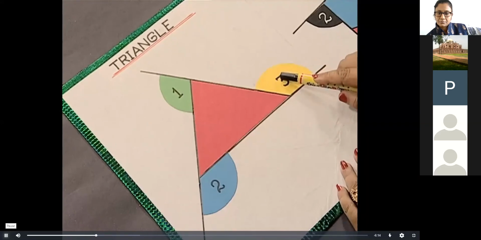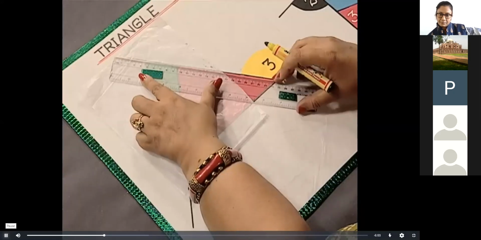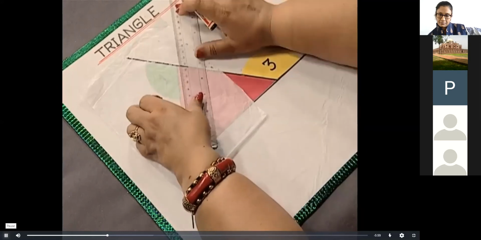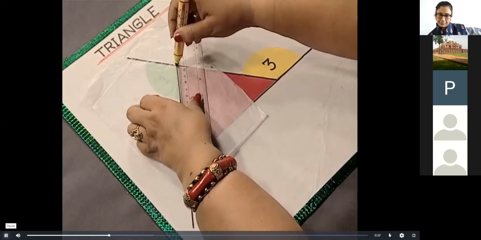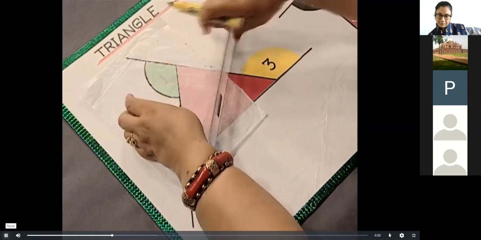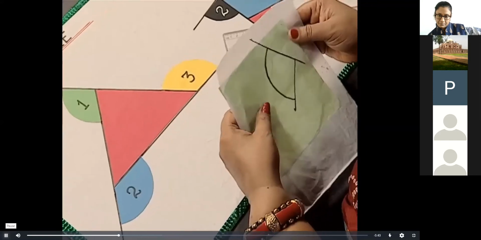For that, we use tracing paper and glazed papers. This way, we place it over this and we mark these angles. Now, to prepare the replica of this angle, we take the glazed paper and we cut out an angle